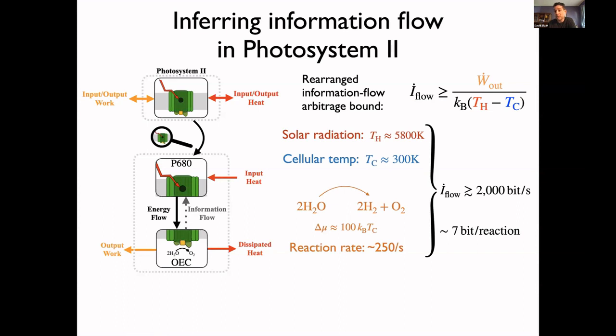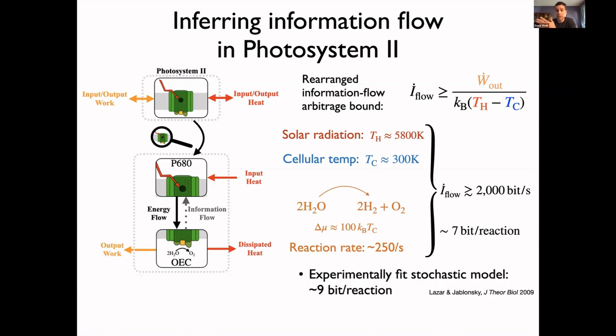Okay, that's a bound. What we've also done is we've taken a popular stochastic model for photosystem 2 that's been parameterized by other people against experiment, and we've run the calculation to actually say what is the information flow in this model, and we get about 9 bits per reaction, which is close to but greater than this lower bound. We've done a similar analysis for bacterial rhodopsin, where we've gotten somewhat smaller but still surprisingly high information flows within